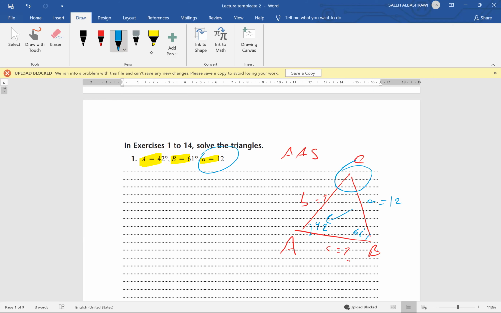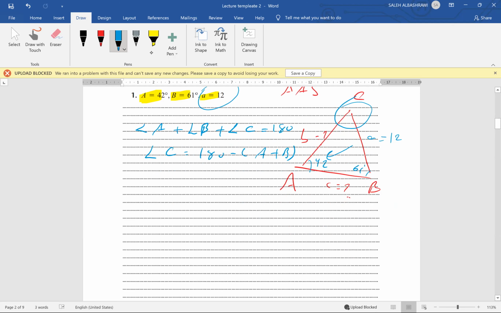So to start with, we are going to find the angle capital C. We know that the angle A plus the angle B plus the angle C equal to 180. The sum of the angles in the triangle is equal to 180. So the angle C, in this case, will be 180 minus A plus B, let's say,